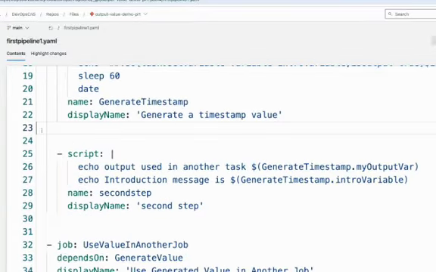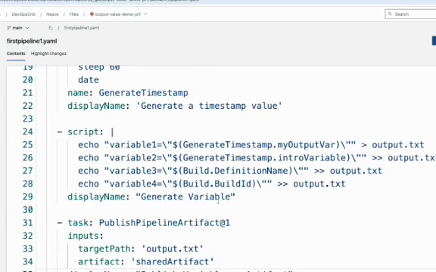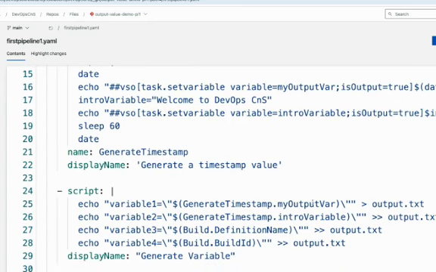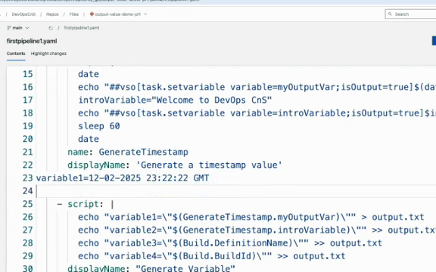So I will show you. What I have done is I have created these four variables. In the first variable, I am storing the output of my first variable, which is the time one, and storing this key value pair, variable one and its value, into the output.txt file. Similarly, variable two equals the introduction message into the output.txt. So how will it look? Variable one equals its value, like this in the text file. Similarly, variable two will be like message: